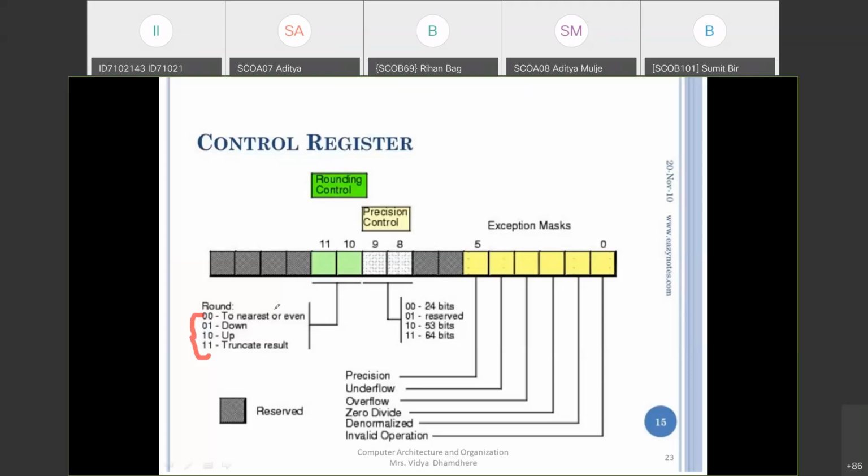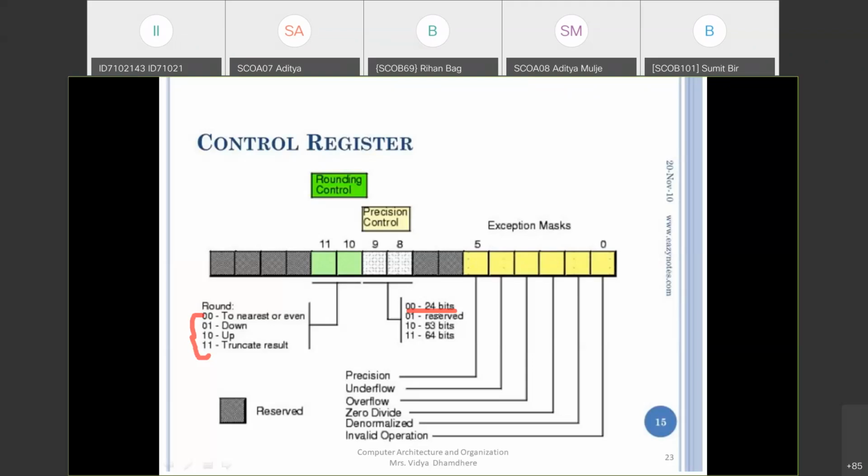Now next one is the precision control. In the control register, the next bits are used for the precision control, which is represented by bits 8 and 9. So here also it has 2 bit values to represent the precision control. If the precision control bits are 00, it represents 24 bit.